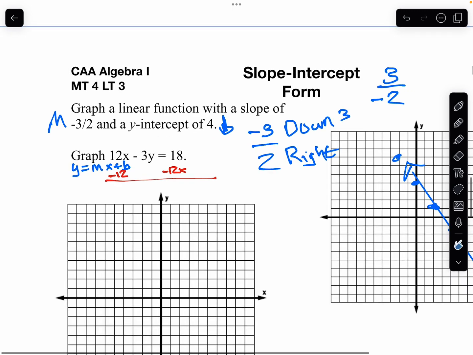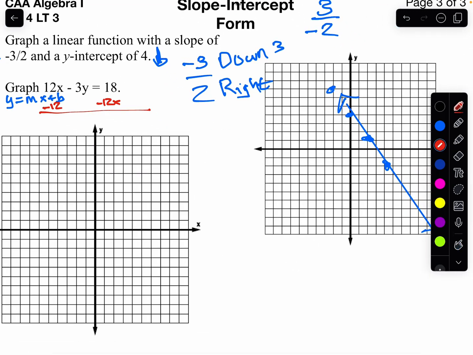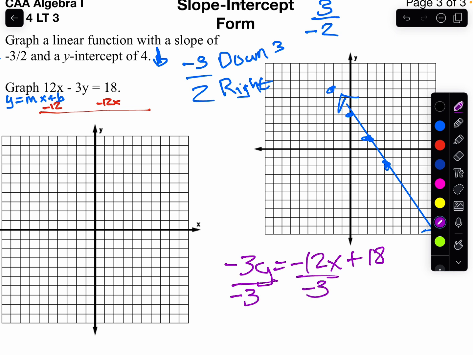So to have it in y equals mx plus b, I'm going to rewrite this next to the graph. So I'm going to say, bring down my -3y equals -12x plus 18. So we'll divide everything by -3. So y equals -12 divided by -3 is 4x